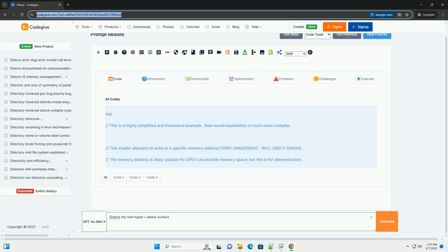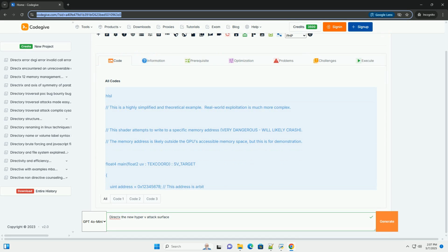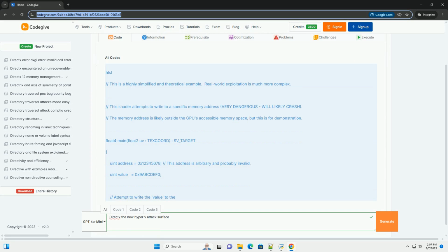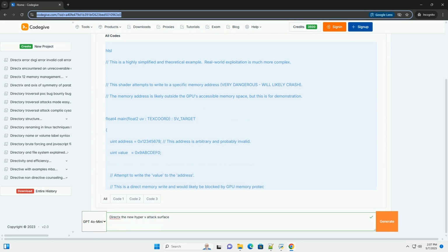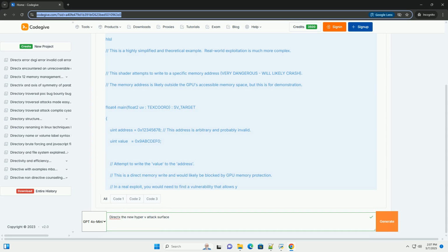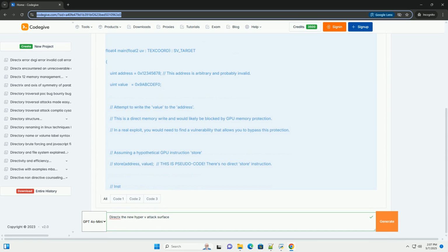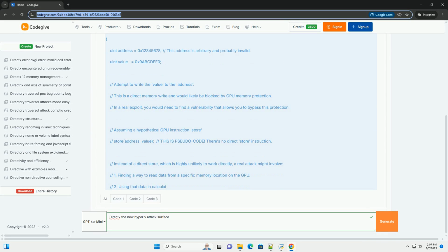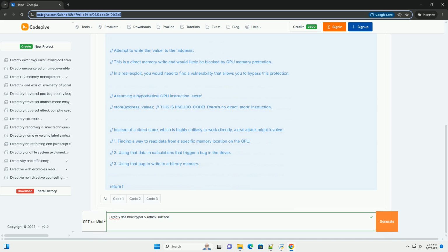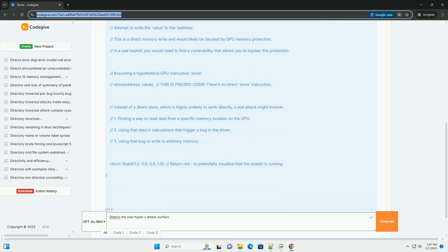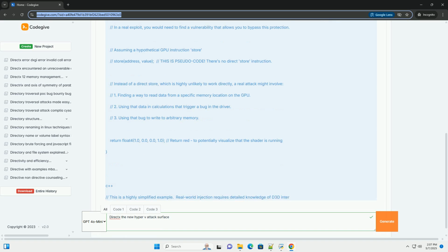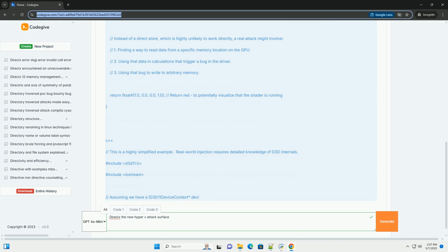DirectX and Hyper-V, exploring the new attack surface. This tutorial delves into a relatively unexplored and potentially concerning attack surface, the interaction between DirectX, specifically Direct3D, and Hyper-V's RemoteFX virtual GPU, vGPU. It's a complex topic, so we'll break it down step by step, covering: